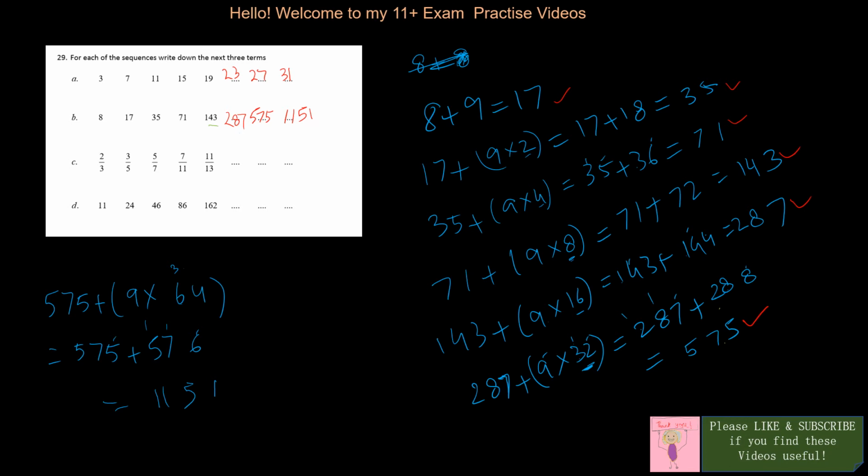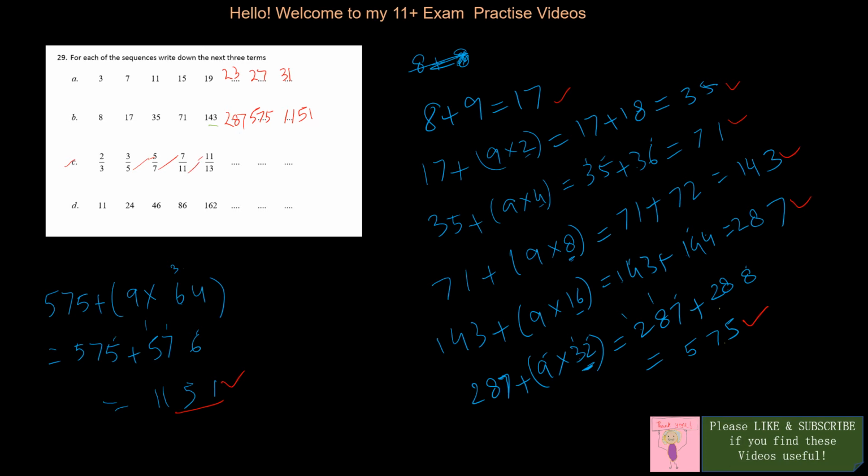Yes, so the last one, let me take it. So that is 1151 that you have here. Now look at this one here, the next one, the number C. What they're doing is, you have 2/3. They are all prime numbers: 2, 3, 5, 7, 11, 13. So what they've done is a denominator-numerator changing, isn't it? So 2 remains where it is, 3 is a denominator, and then 3 becomes numerator, then 5 is denominator,